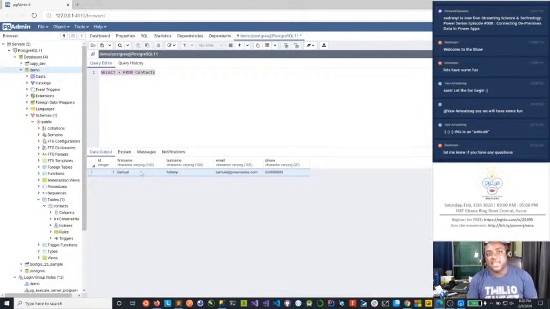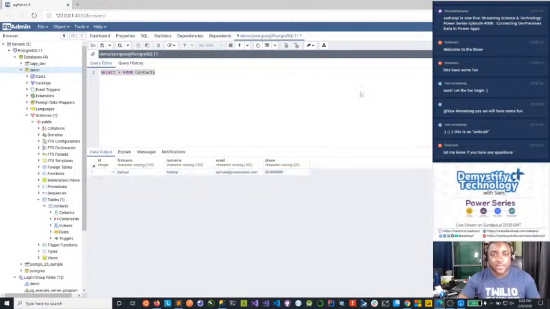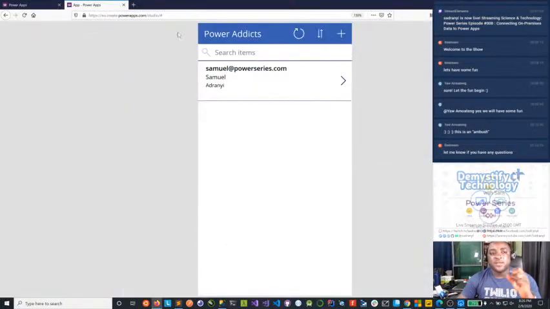Now, let's get into how we make this happen. And I mentioned that first of all, you need to get your on-premise data gateway. That's true. You need to get that sorted. However, you need to also ensure